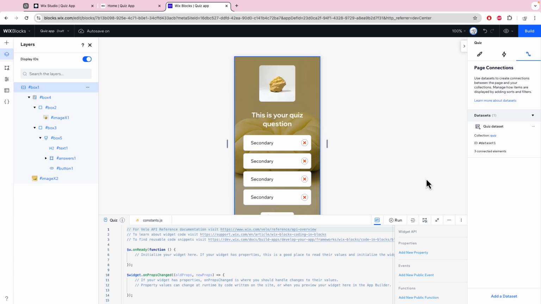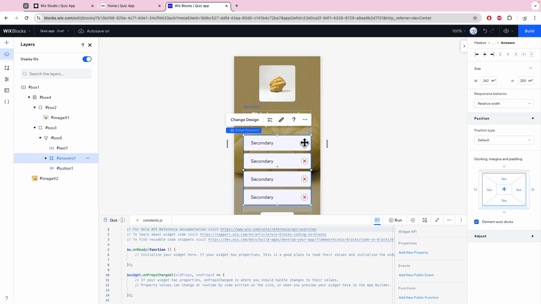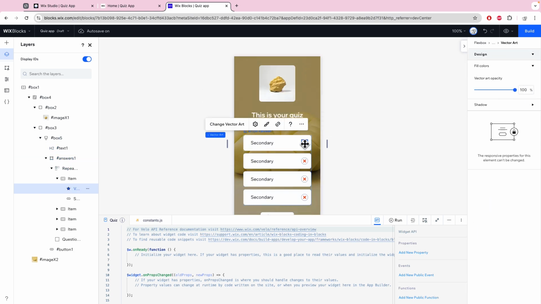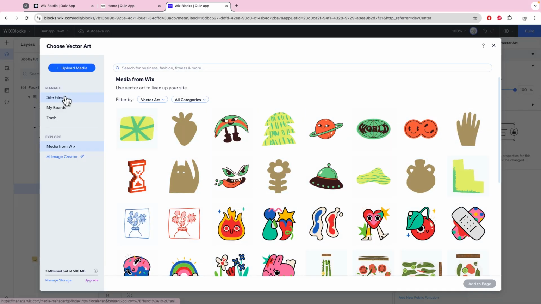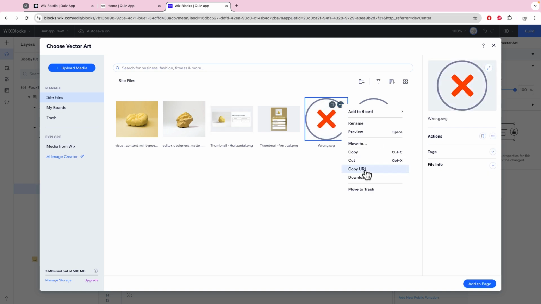So now, it's actually time to implement our code. So the first thing that we're going to do is to write inside the constants file the URLs for the indications that we have on the quiz itself. So let's click here and choose the inner component of the vector image. I see here that I have changed vector out. And now I can go to my site files. And here I have the wrong SVG. I'm going to copy the URL